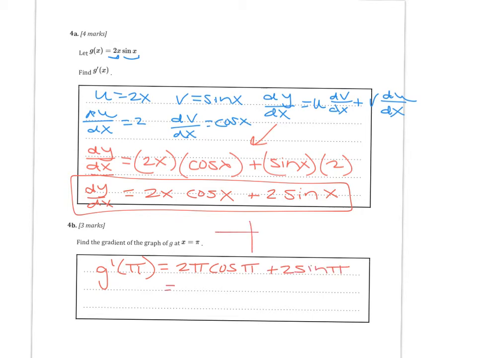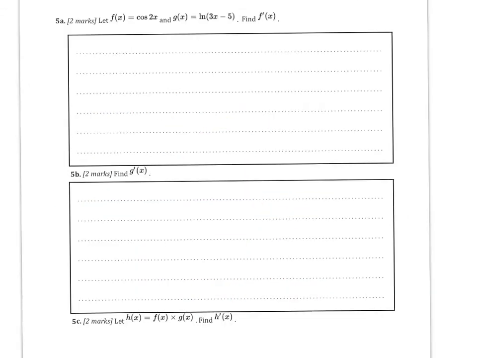We know that pi is right here, so that cosine is x, so that's -1 at pi. Sine is 0 at pi, because that's y. So this gives us -2 pi as our gradient when x is pi. This would be another good slide to pause and give it a try, and then hit play when you're ready